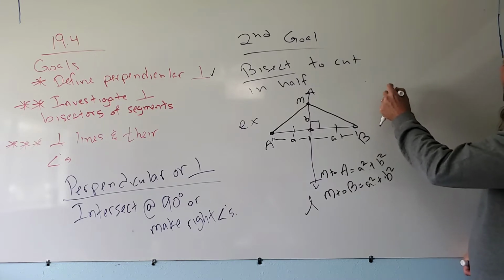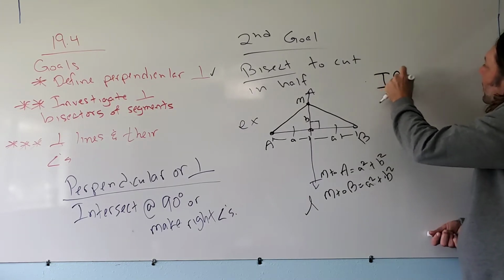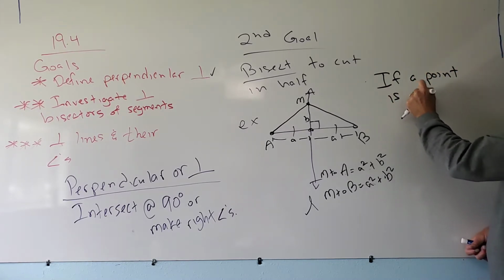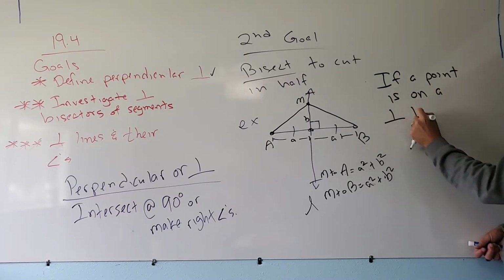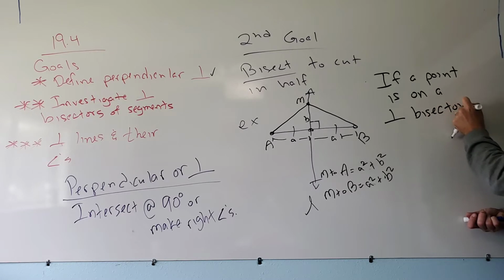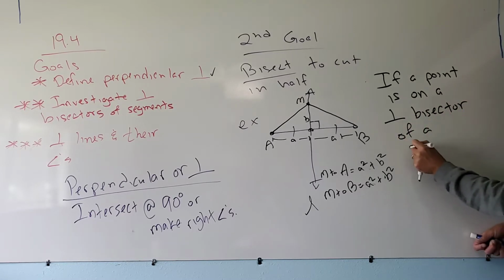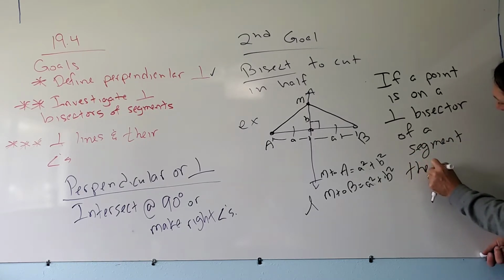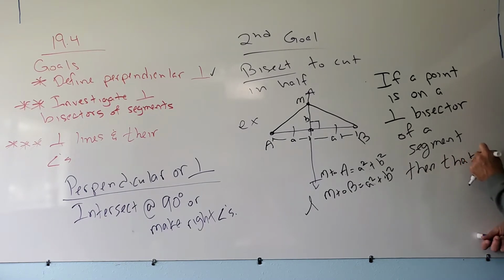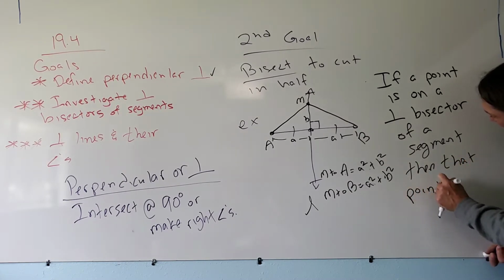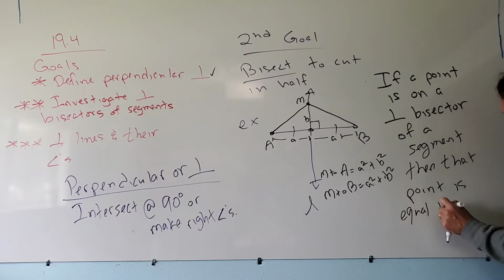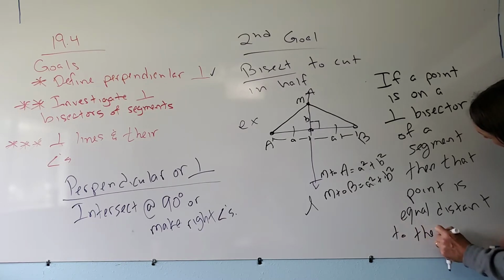So let's write that down. If a point is on a perpendicular bisector of a segment, then that point